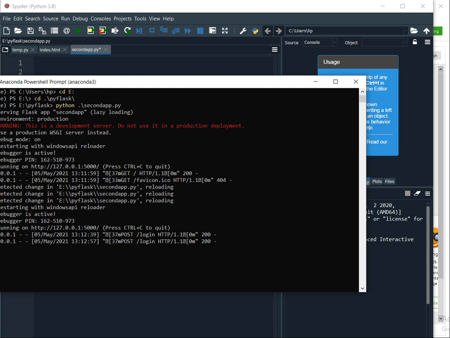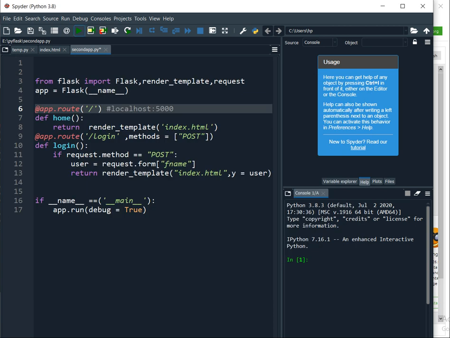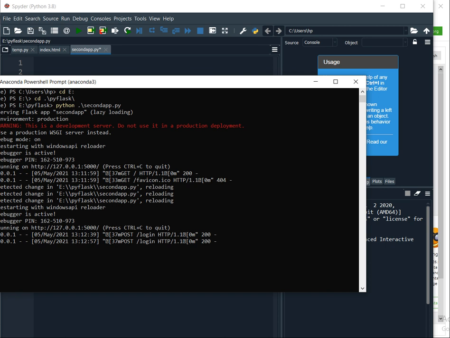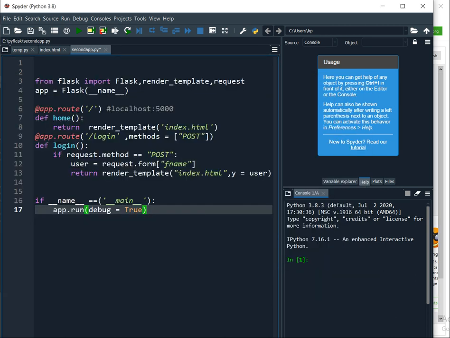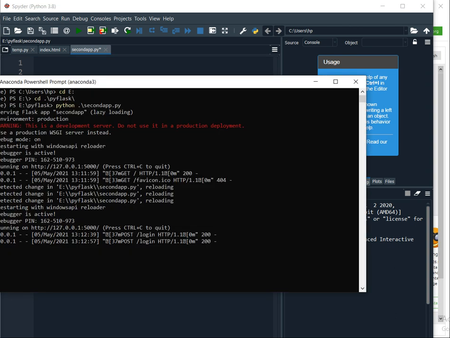Don't run from here itself. You can run here itself, and it will also work, but for understanding easily and to integrate different services, you have to run it from your PowerShell, right? That is very much important to learn the concept. So now I am going to run this.